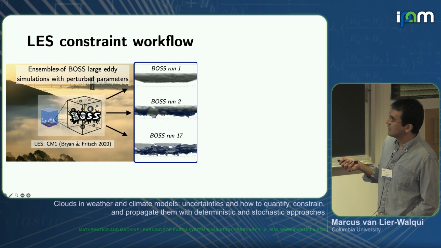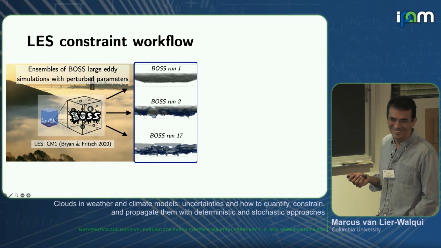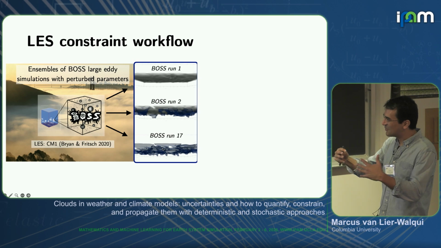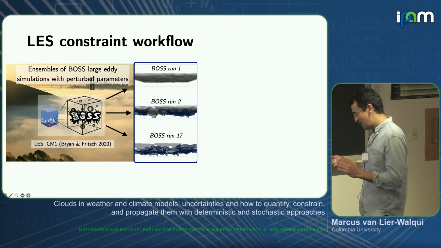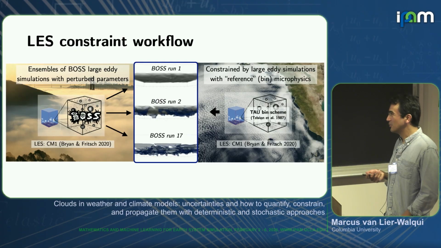This is actually kind of interesting. You can get situations where there's no rain. You can get some situations where there's some rain. And then you get some runs where it's all rain and there's no cloud. The cloud turns to rain instantly, and it doesn't make sense to me. Obviously, those parameter values would be ruled out.